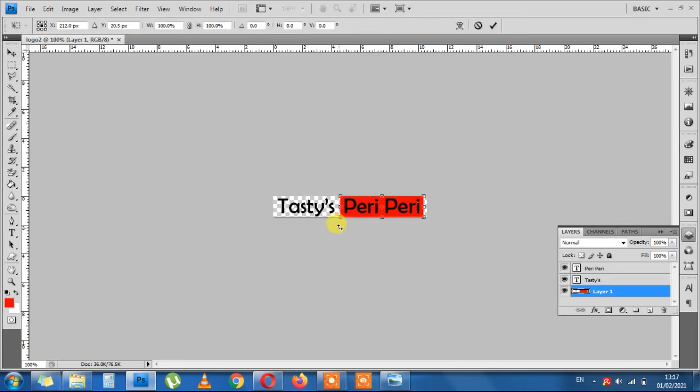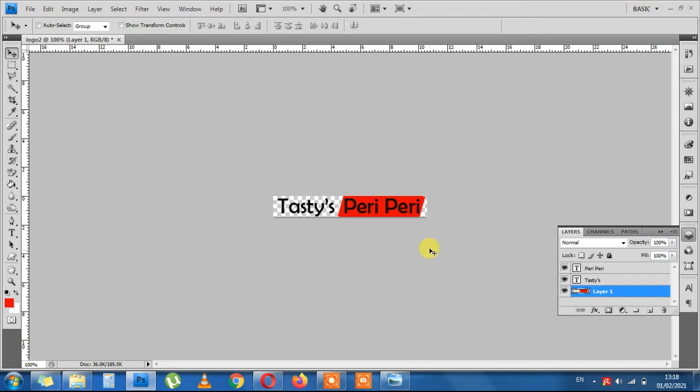Now press and hold shift key and change it. Like that. Perfect. This is done,